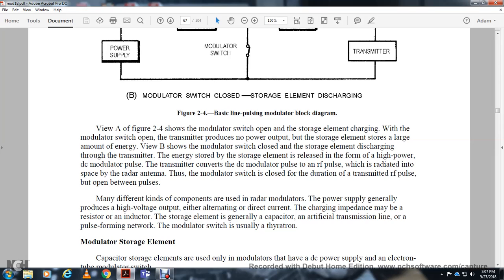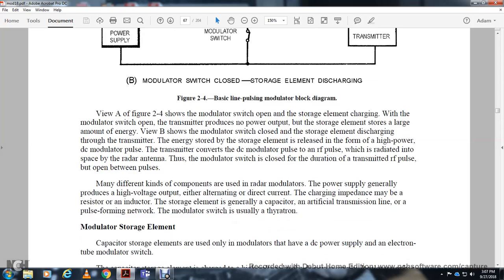The transmitter converts the DC modulator pulse into a radio frequency pulse, which is radiated into space by the radar. The modulator switch is closed during the transmitted radio frequency pulse but open between pulses. There are many different kinds of components in the radar modulator. The power supply generally produces a high voltage output, either alternating or direct current. The charging impedance may be a resistor or an inductor. The storage element is generally a capacitor, an artificial transmission line, or a pulse forming network, which is usually